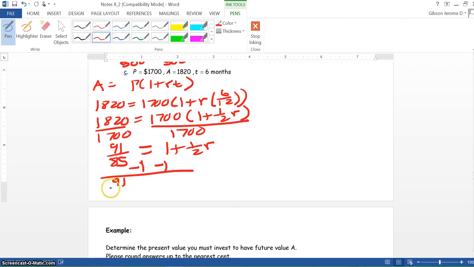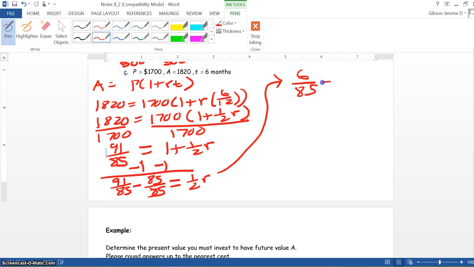And this will give us 91 over 85 minus, we would change that 1 to be 85 over 85. And that would equal to 1/2 R, because the ones will simplify out. So 91 minus 85, that will give us 6 over 85, which is equal